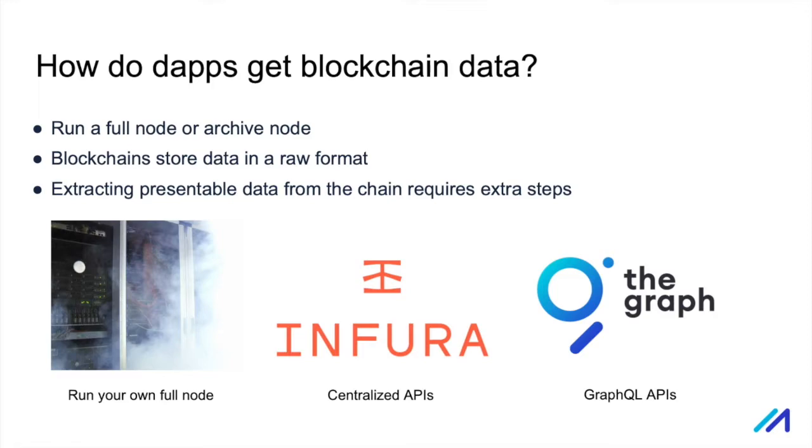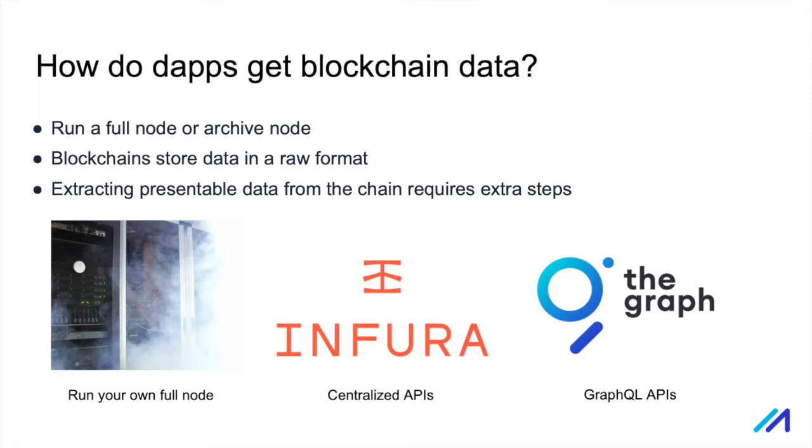They might either run a full node or archive node as per the requirements of their application. But running a node reliably so that there are no disruptions for users is hard and resource intensive. Alternatively, centralized services like Infura and Alchemy provide reliable infrastructure to obtain blockchain data for dApps so that devs can concentrate on building dApps rather than running the infra.